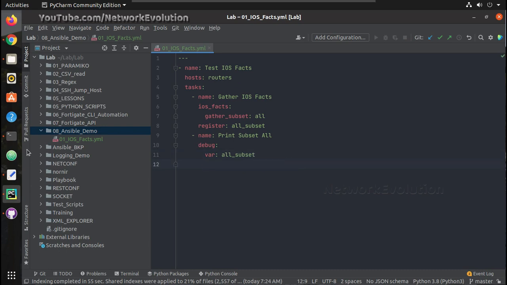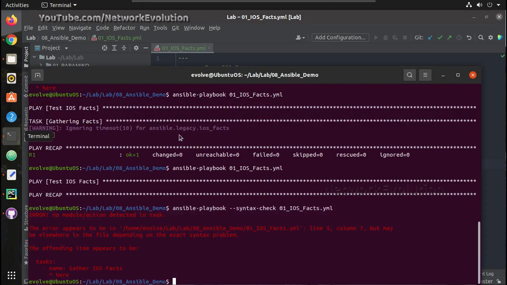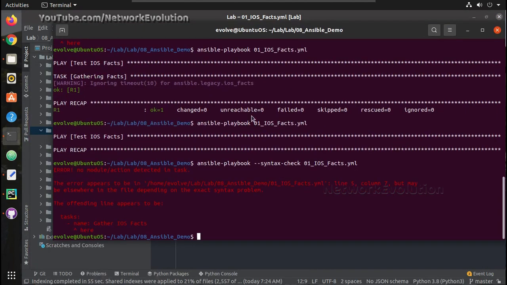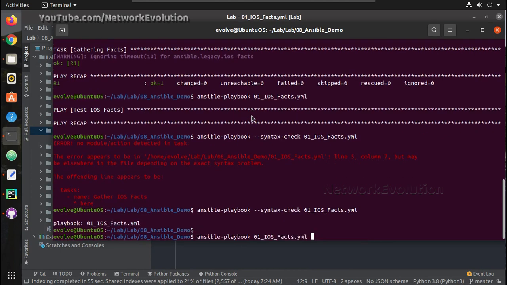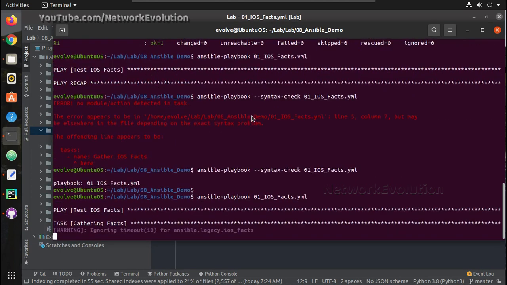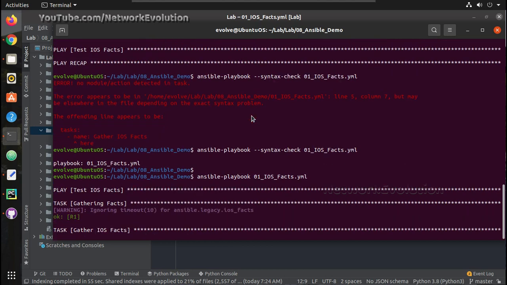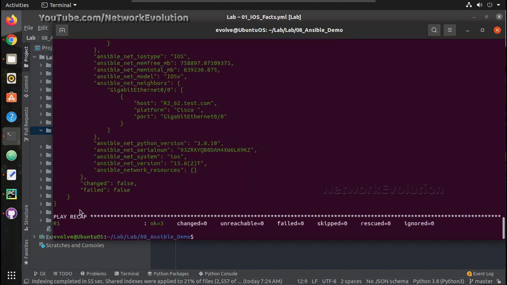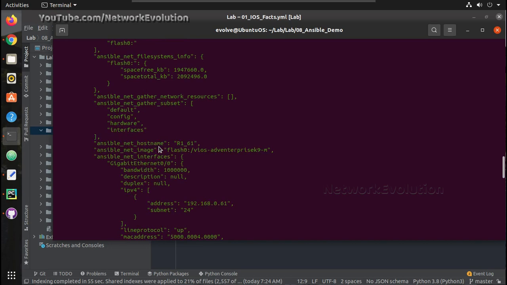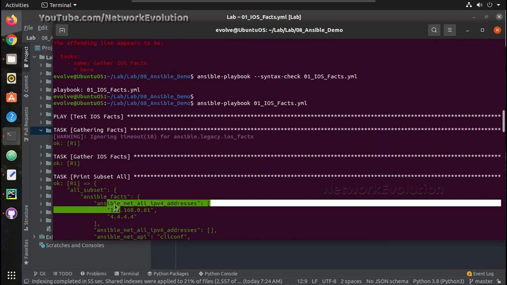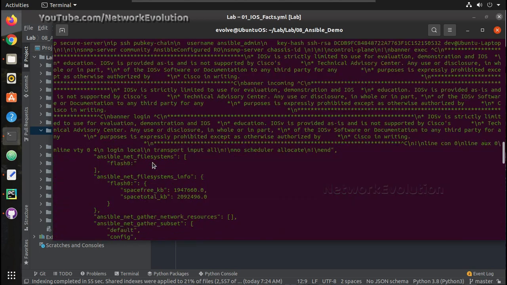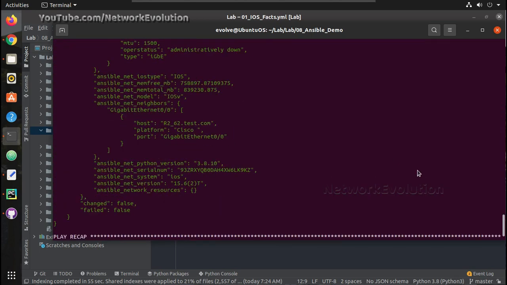Now let us try printing this. You can do a syntax check. Syntax is correct. I'll try running the playbook. So here you can see I have received the complete output of the subset.